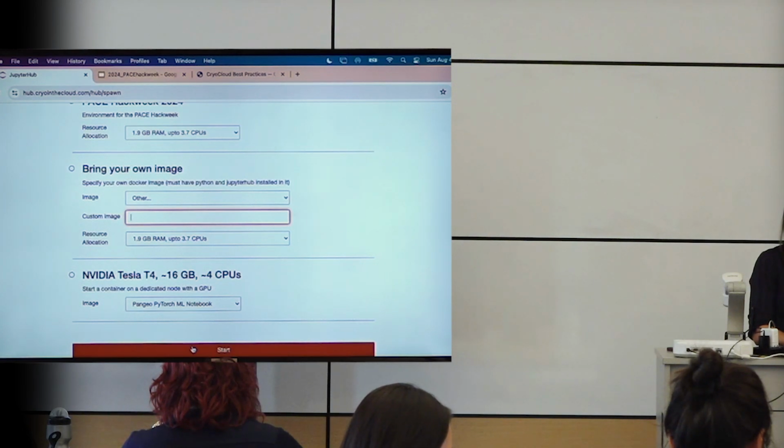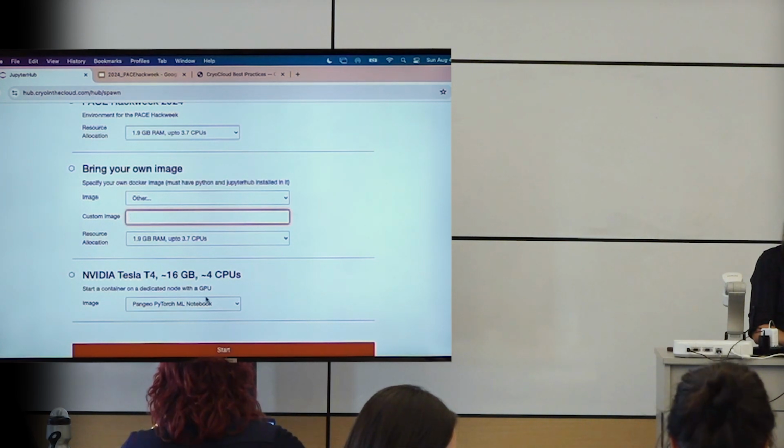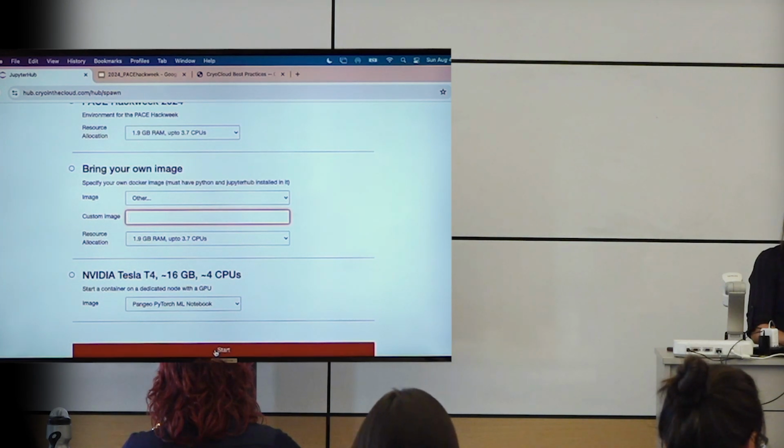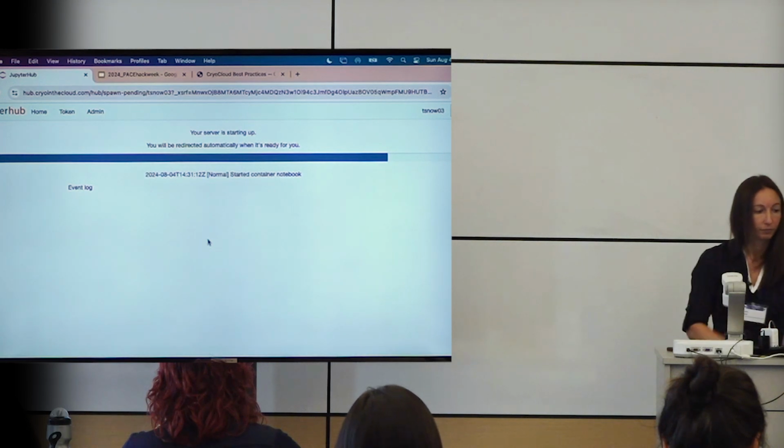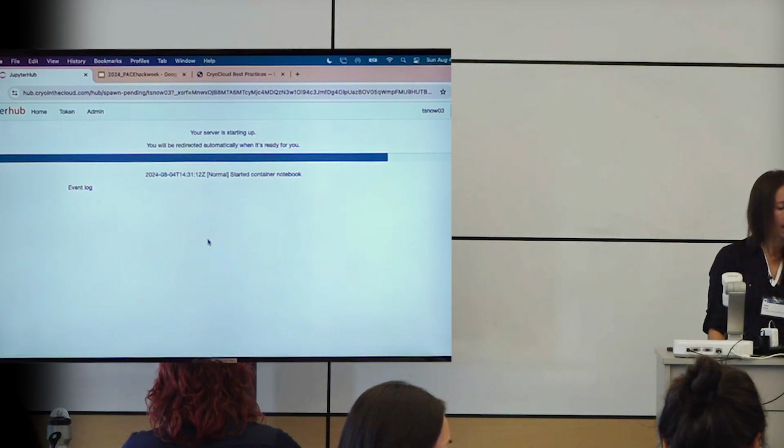This is a new tool. Before you were stuck with whatever default we gave you, so this is really nice. And then there's also a GPU at the bottom. Some people may use that for one of the tutorials later, mostly used for machine learning. So if you open this up,